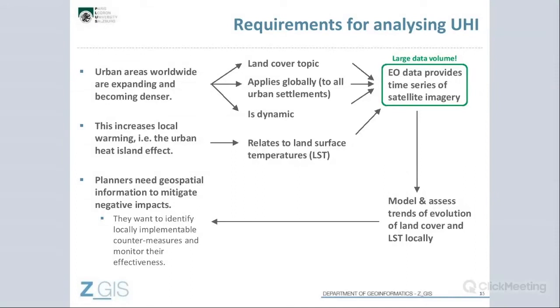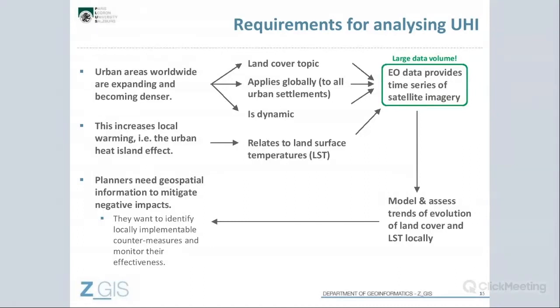So we have Earth observation data that provides time series information from satellite imagery. And so our task that we want to do now is to model and assess trends of evolution of land cover and land surface temperature on a local level. So ideally, we have the building block level, but it could be smaller as well.